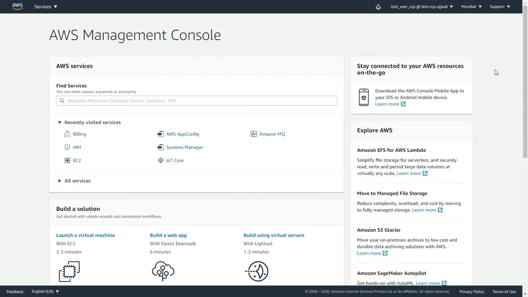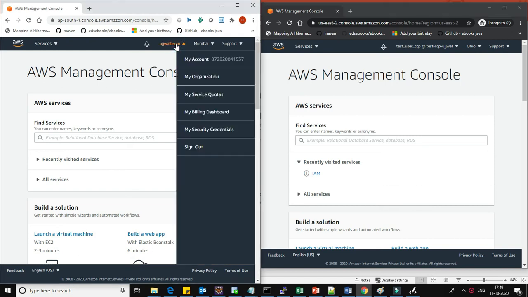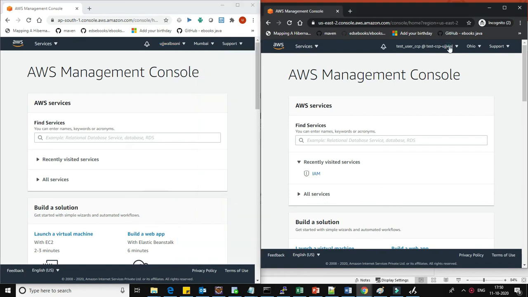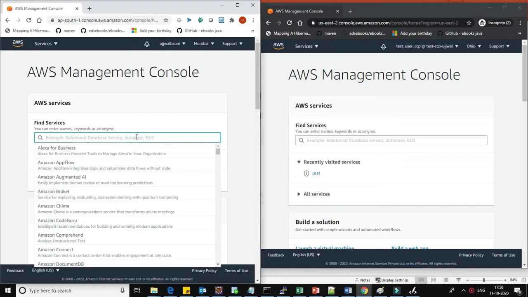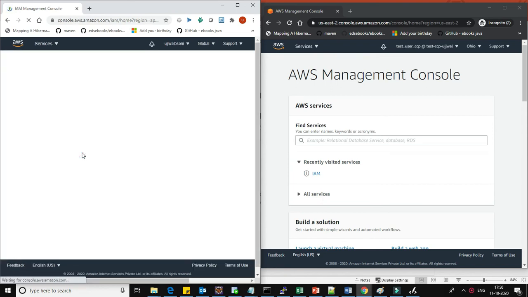Now I'll show you how roles work in AWS. To demonstrate the working of roles in AWS, I have opened two windows. One on the left hand side is for the root user and on the right hand side it's for my IAM user. As we know, my IAM user already has read-only access for IAM.